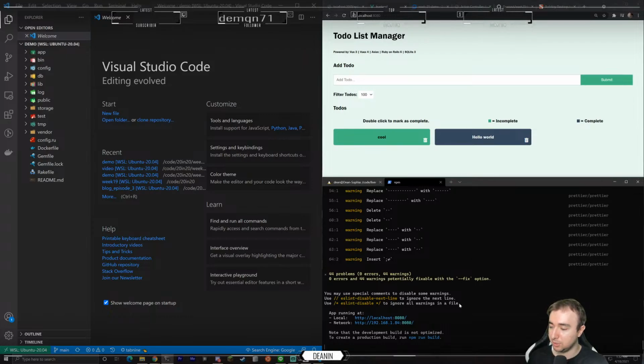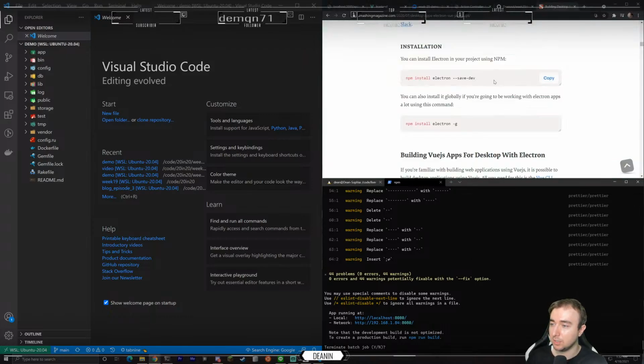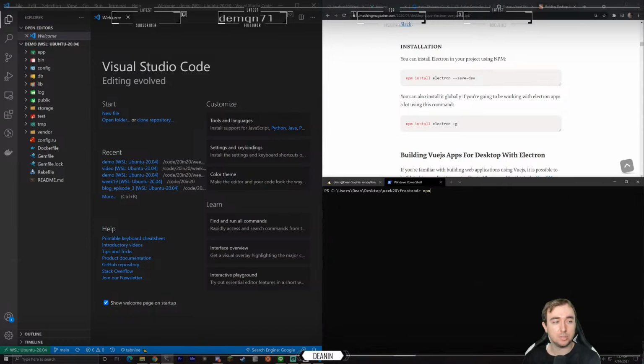And instead we'll deal with the Electron thing. For this, it was just, and yeah. But it was npm install electron --save-dev. And then while that's working,